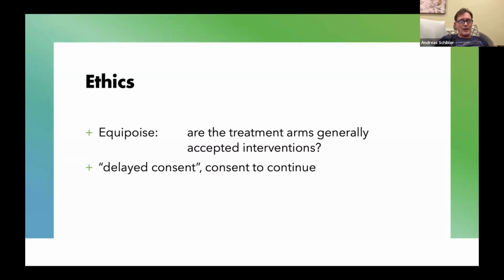So think about delayed consent, which is now becoming more and more acceptable, where you consent patients after the fact. It's actually not a consent. It is a consent to continue, where you tell the parents, look, sorry, we randomized your child to a trial, and we ask you afterwards, are you happy to continue the data collection? But you didn't have the option actually to agree. It is a very topical